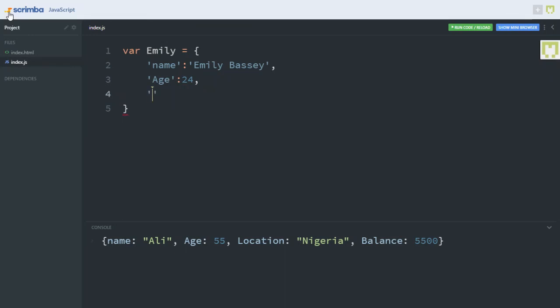Let's set place of birth to a string of Uyo,